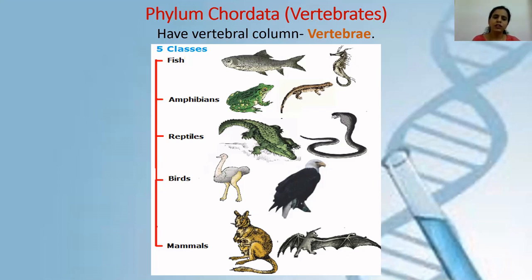Then the fourth class is class Aves. This class is made up of all the birds. Every type of bird comes under class Aves. And the fifth class is class Mammalia. We human beings come under class Mammalia. It includes all your marsupials like kangaroos, then human beings, bats, rabbits, elephants, lion, tiger, every animal comes under